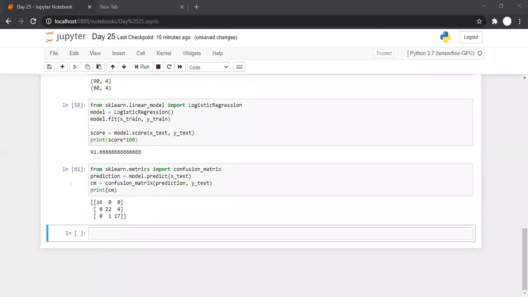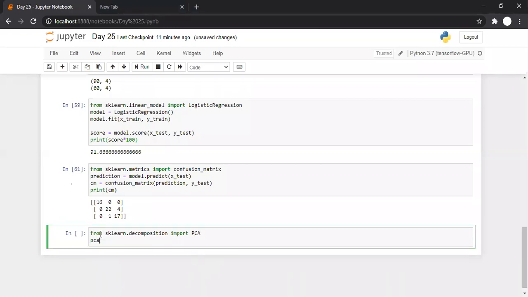Okay, so we know that dimensionality reduction is required to save the processing time period and processing memory requirement. So with this, let us go through how PCA can be implemented in sklearn first, and then we'll see the actual internal working of principal component analysis. Again, there is a ready-made method for PCA from sklearn.decomposition. We are going to import PCA, that is principal component analysis. Let's create the object of PCA.